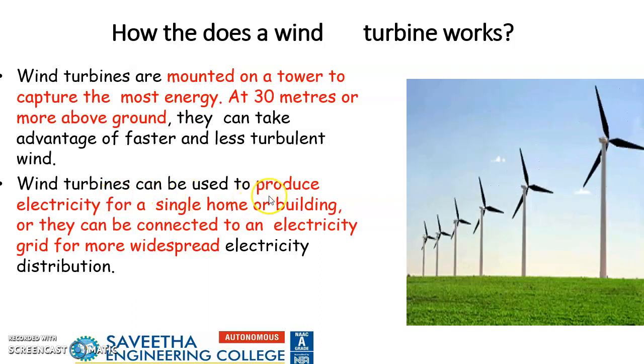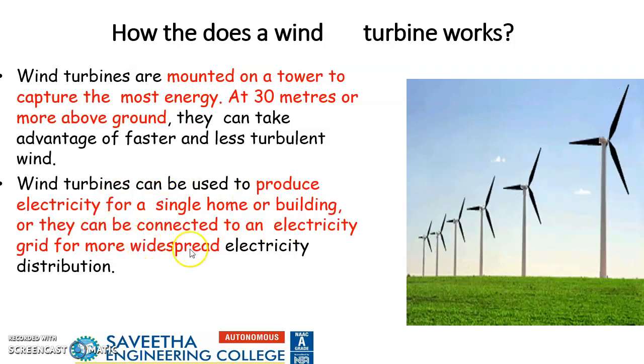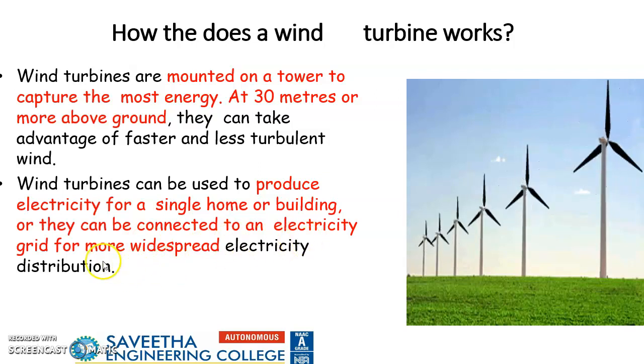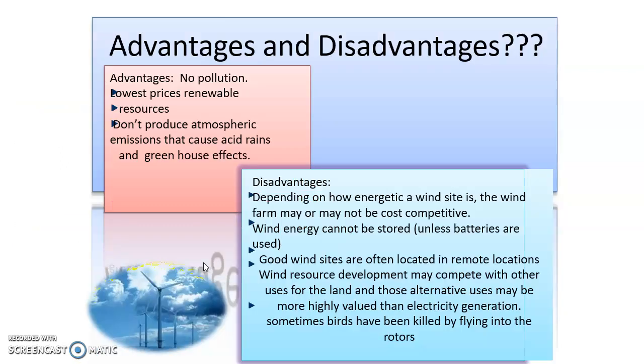And wind turbines can be used to produce electricity for a single home or building, or they can be connected to an electricity grid for more widespread electricity distribution. As far as advantages are concerned, we don't have any pollution and lowest prices. Renewable resources don't produce atmospheric emissions that cause acid rains and greenhouse effects, whereas the disadvantages are depending on how